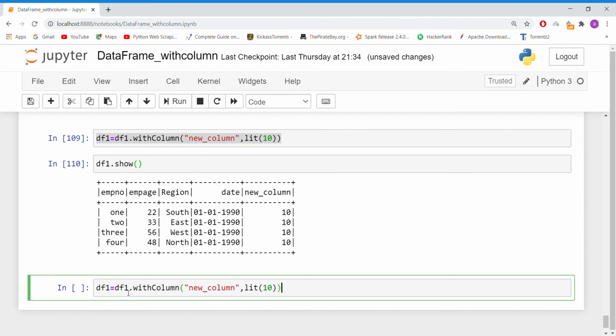Now dataframe1 is equal to dataframe1.withColumnRenamed. Along with that we need to pass the first column name, which is new column only, and here we need to pass the new column name. So let's keep it as donation and execute it.